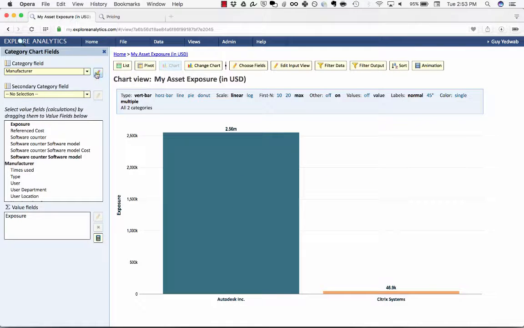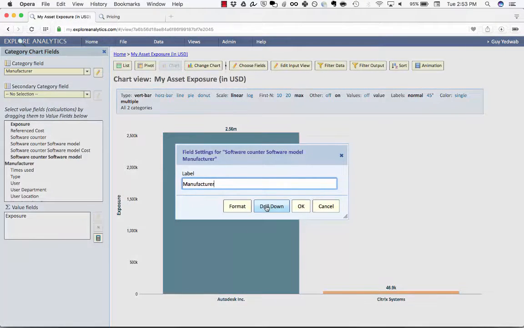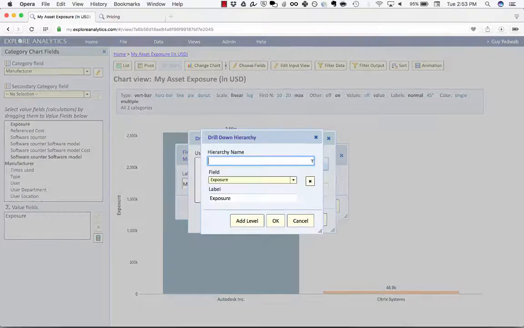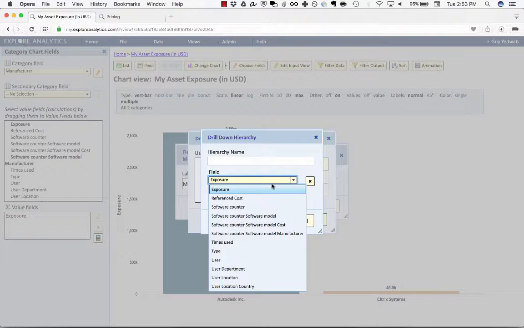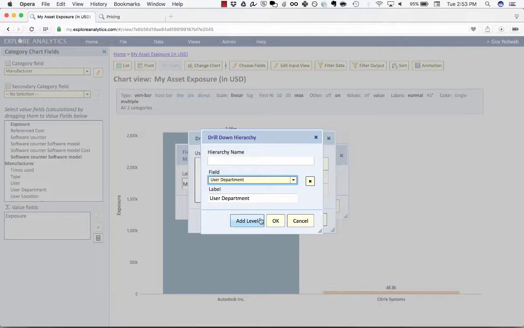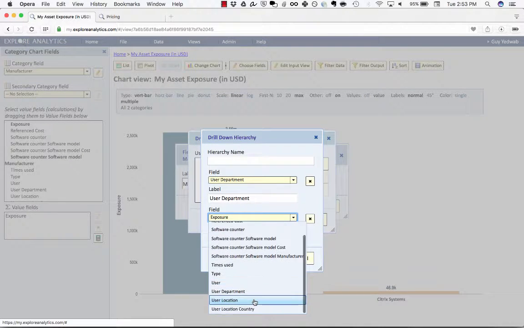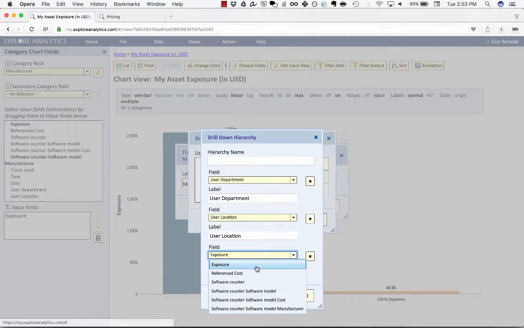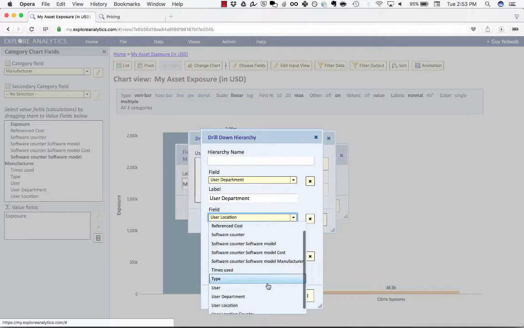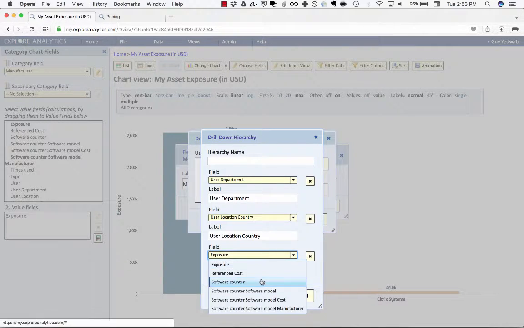Now the other thing I can do, because I added in that user information, is I can define a drill down path. What a drill down path allows you to do is give the user an option to be able to drill down into more information about what they're looking at. So for example, if I pull in those user fields as a drill down path,